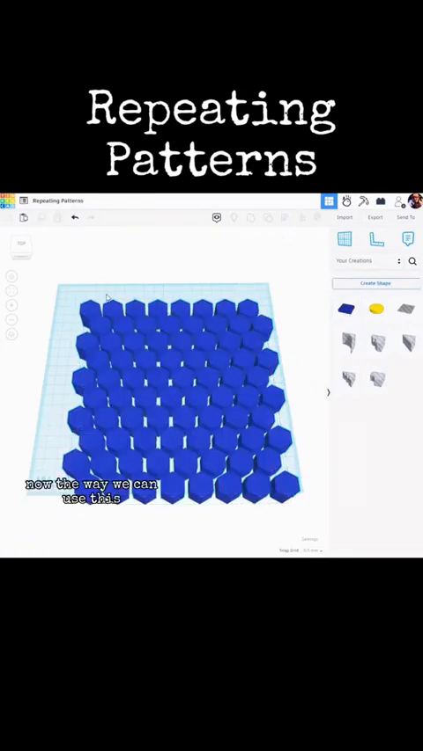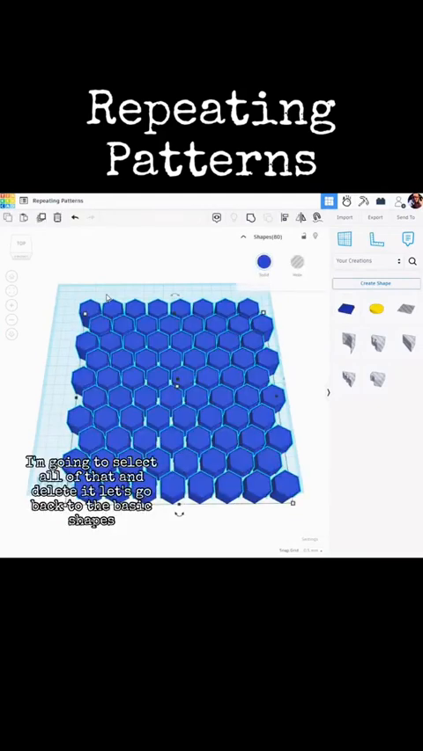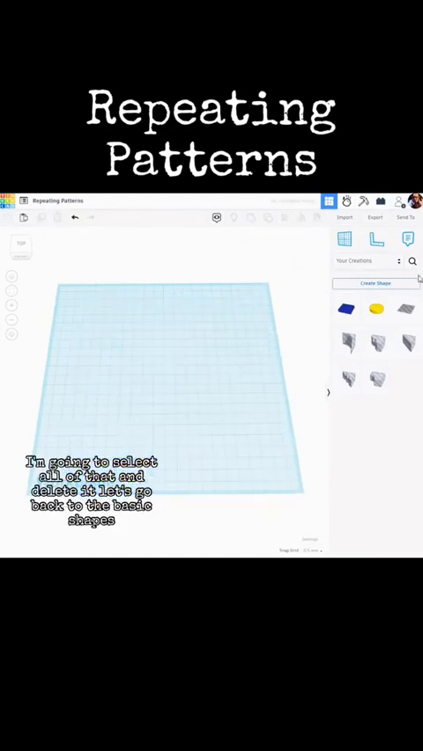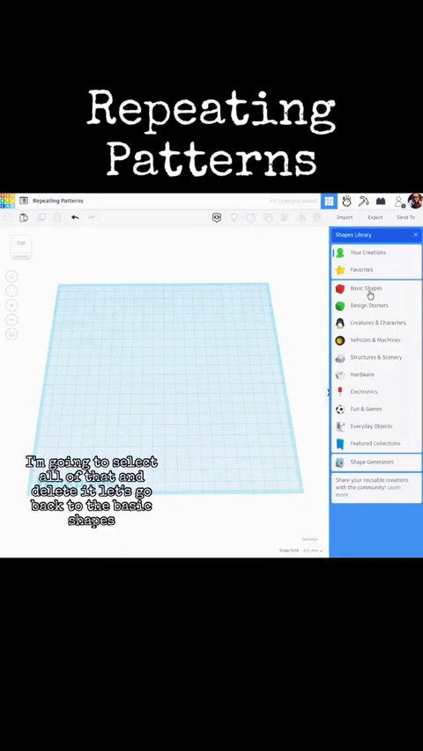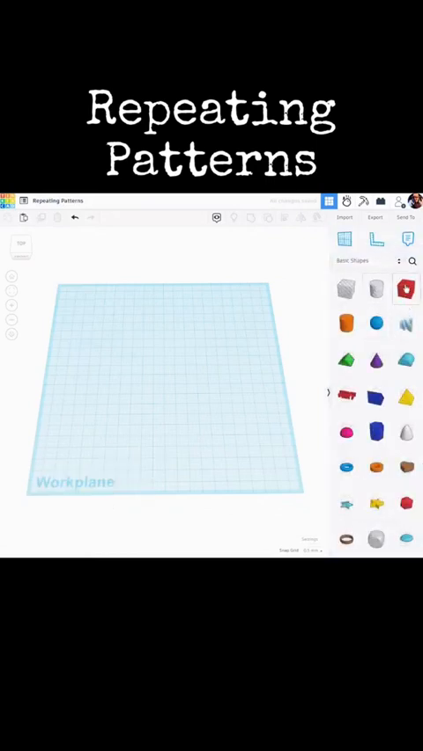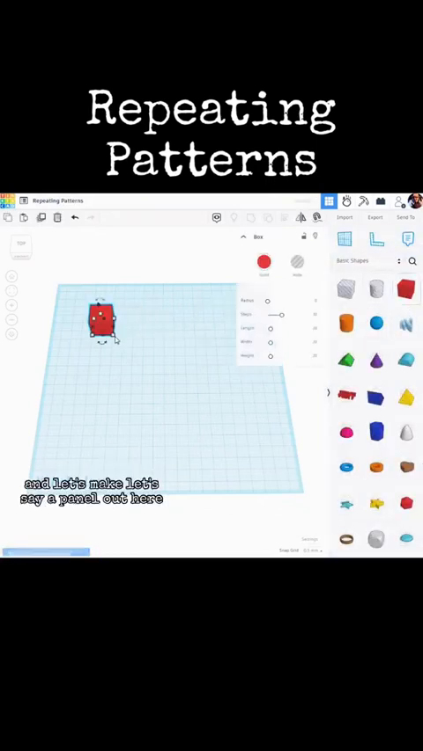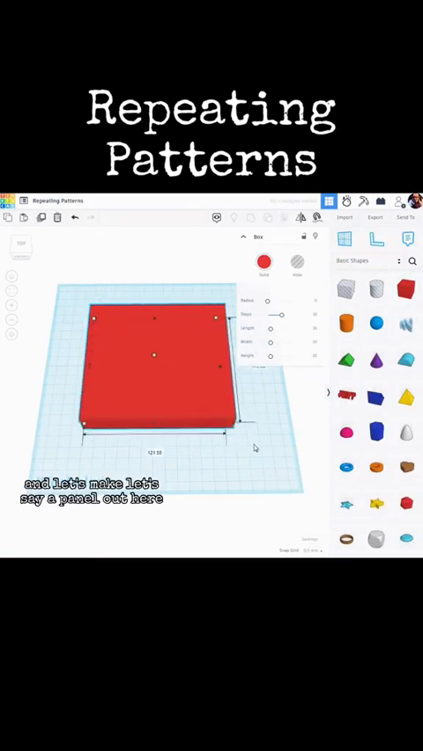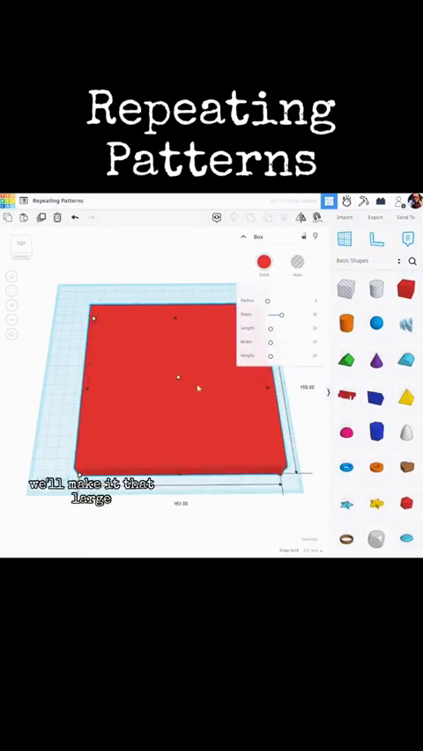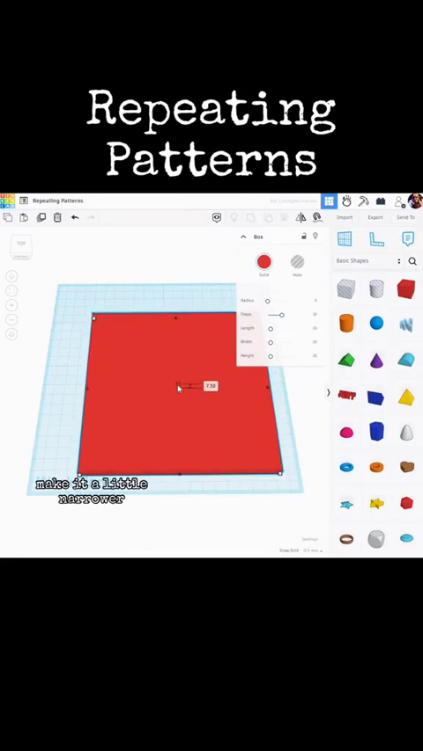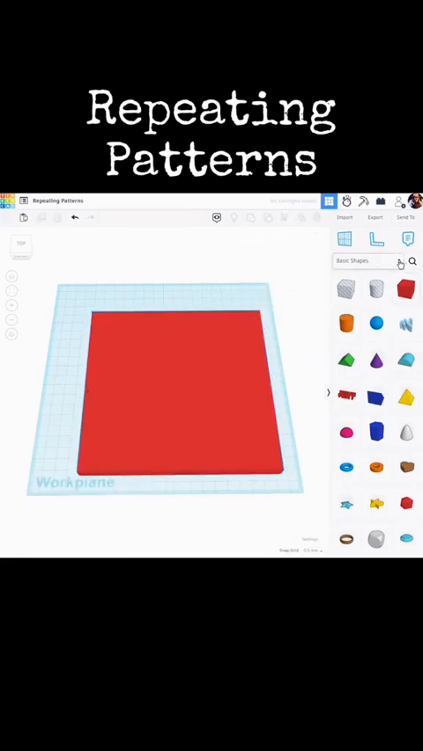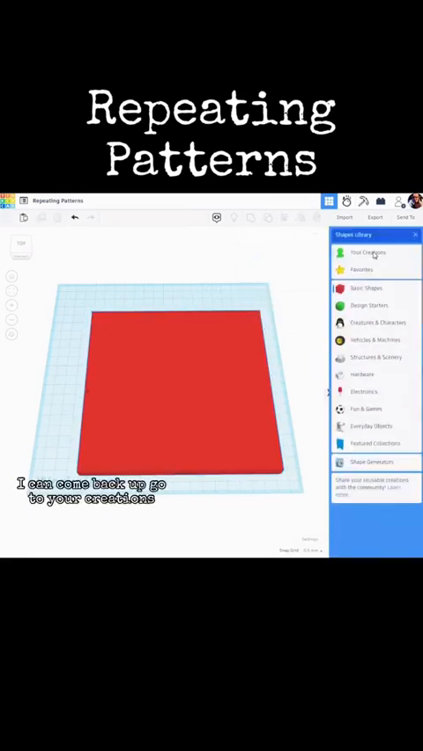Now the way we can use this, I'm going to select all of that and delete it. Let's go back to the basic shapes, and let's make, let's say, a panel out here. We'll make it that large. Make it a little narrower. Now, if I want to put a honeycomb grid into this with holes, I can come back up, go to